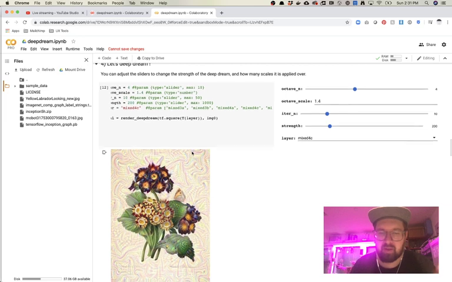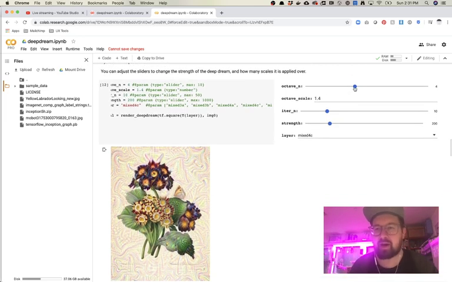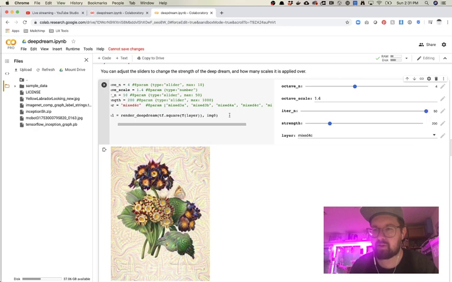So there's a couple things we can do with this image to start to enhance it. There's a setting called octave, which you could play with. Octaves just mean how many more times it runs. There's also iterations, and octaves and iterations work together. So one thing we could do is crank up the iterations. It goes up to 50. I think it was at 10 before, so let's try about 30 here. And if we rerun this cell,